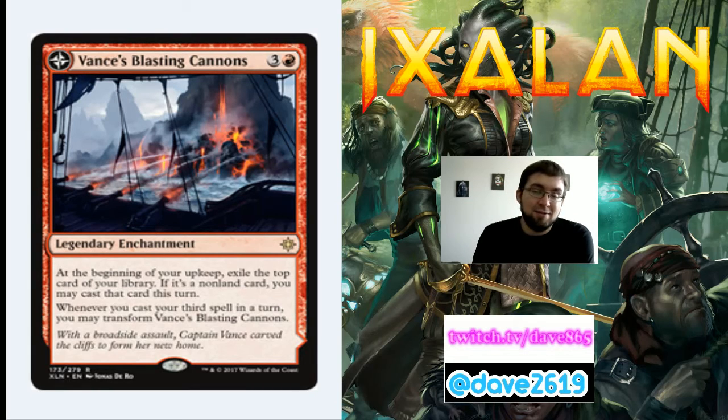Vance's Blasting Cannons is our legendary enchantment flipping into a land. The enchantment part costs 3 generic mana and a red for a rare legendary enchantment. At the beginning of your upkeep, exile the top card of your library. If it's a non-land card, you may cast that card this turn. Whenever you cast your 3rd spell in a turn, you may transform Vance's Blasting Cannons into...